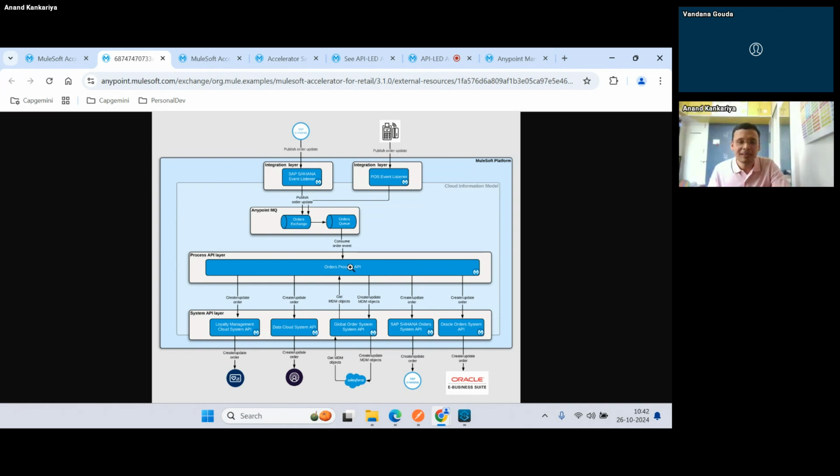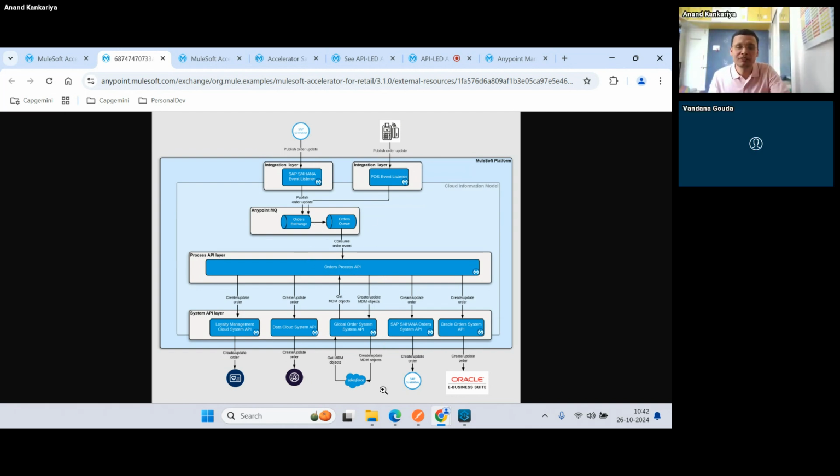Thank you, Anand. So, let's further look at this example. Maybe some questions would be answered here. Let's say we have an Anypoint MQ where we are queuing the requests that come through some SAP systems, and some call center people are making a request through a POS event listener. Those are queued into Anypoint MQ, and then we directly send those in